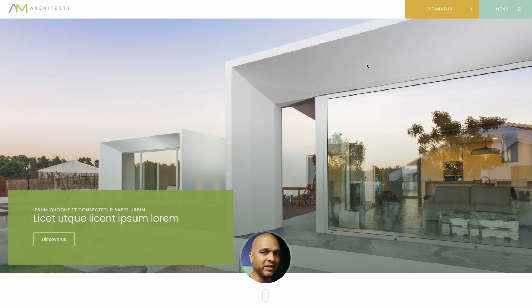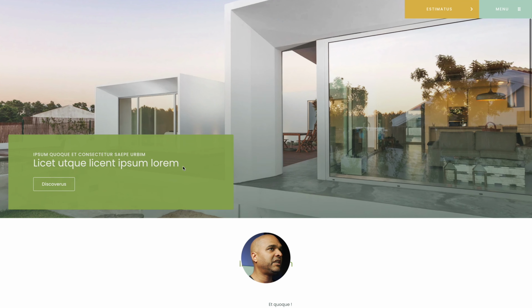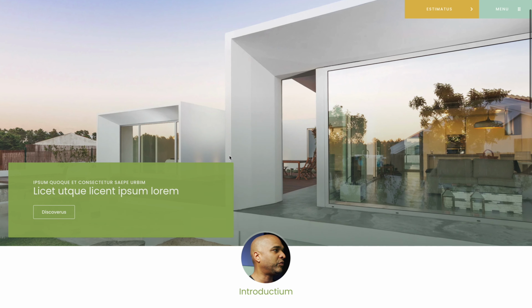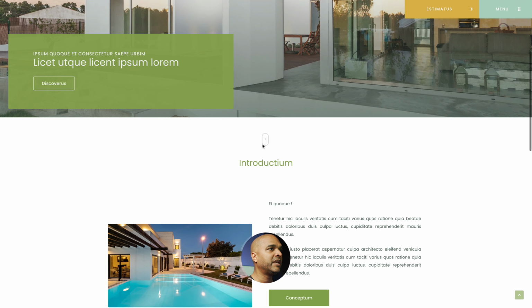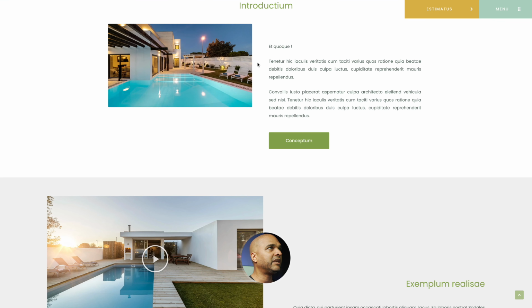I'm not going to build this today because it would take way too much time. Plus, there's no pop-up builder within Divi, so you need to add third-party plugins. But, you know, I'm gonna try to create the header. Then we have the hero section here, and we have this kind of effect where the image is growing in the background. Then we got our mouse animated icon, and if you click on it, it goes to the next